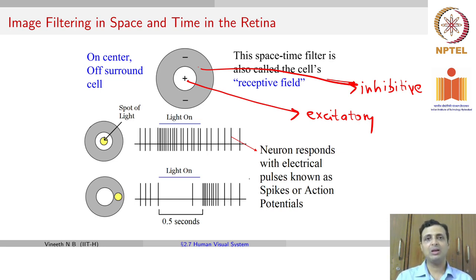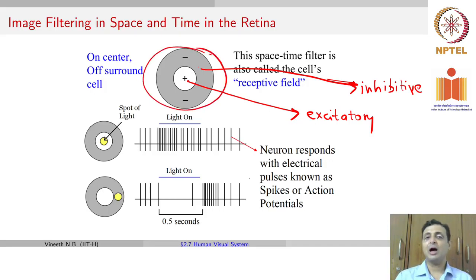One key difference between whatever we have studied so far and what we are going to talk about in the human visual system is that the human visual system does spatio-temporal filtering. It's not only spatial filters, which is largely what we've seen so far in this course, but it also does filtering over time. We'll talk about this in a bit more detail in the next few slides. Before we go there,